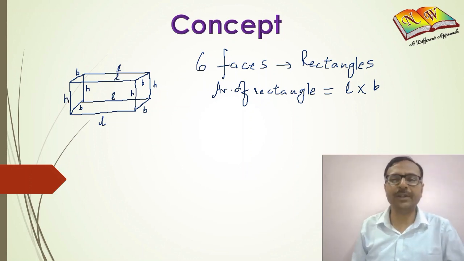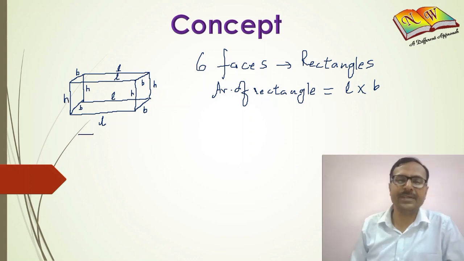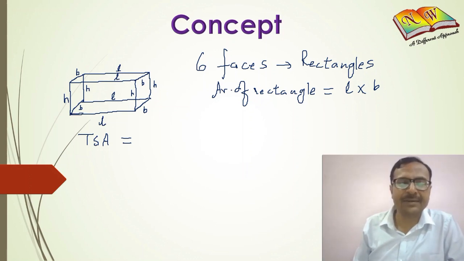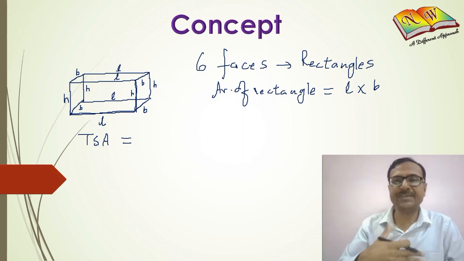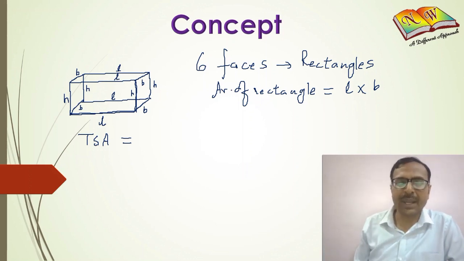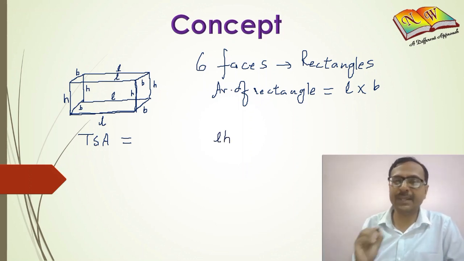So when you have to find the total surface area of this particular cuboid, you just have to find the area of the 6 rectangles and add them. So if you see the rectangle which is facing the observer, it has length and height as its dimensions. And there are 2 walls which face the observer. So L times H, this will be the area of one such wall, and since there are 2 walls, it